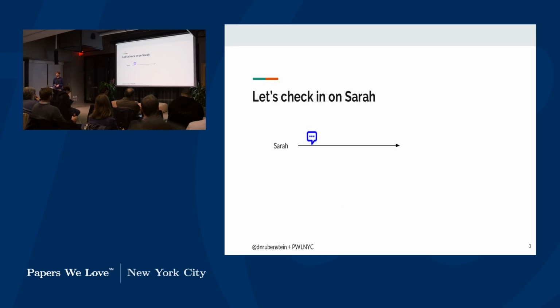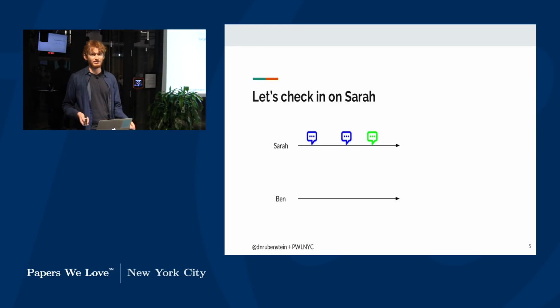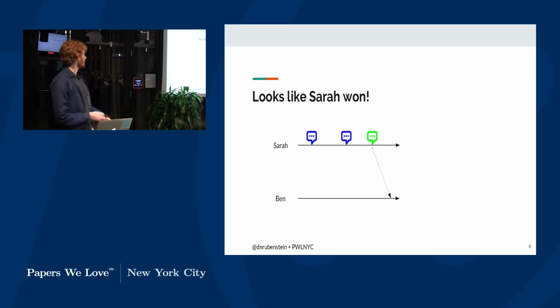Let's check in on Sarah. What does Sarah do? Sarah leaves homeroom, and she goes to her first period science class. You can see on the board she already has 1 message. Barely an hour into her day, and she's already halfway to victory. She goes to her second period English class. She gets another message. Ta-da! Great. She's won. She whips out her phone to text Ben. Ben's an Android user. That's a whole other talk for a whole other meetup. She sends a message to Ben, and it looks like Sarah won. Great. So we're done. I think I'm about 2.5 minutes in this talk.